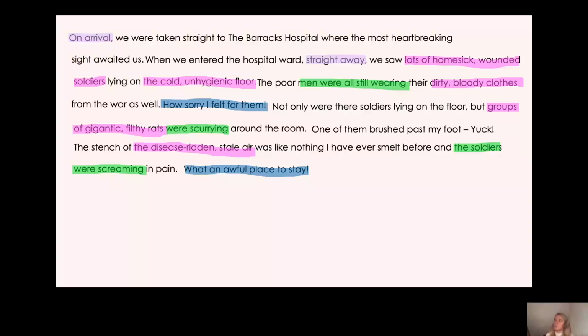Now, I don't think my family back home can imagine just what it's like. So I'm going to ask them a question that they could answer when they reply to my letter. I'm going to ask them, "Can you imagine having to recover in these conditions?" Because they probably can't imagine, because they haven't seen it like I have. So there I have my question. And I've started with my question starter, "can," and then I've got my question mark at the end. So I know I've got all parts of my question.